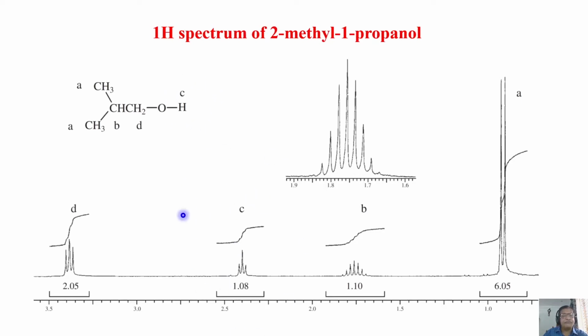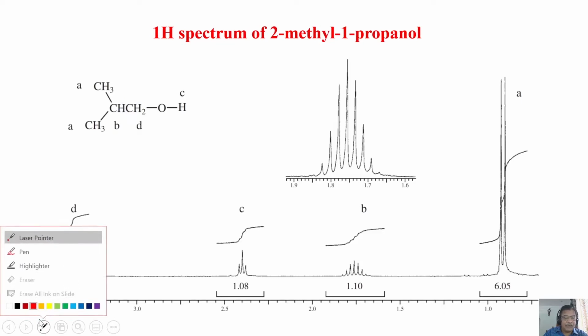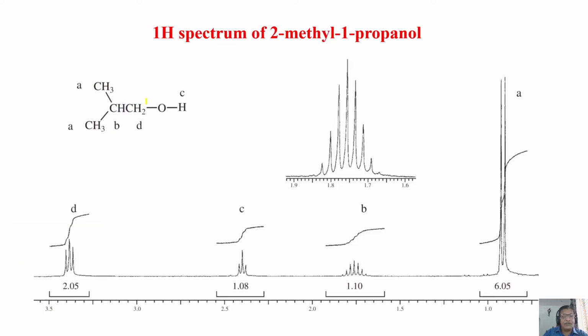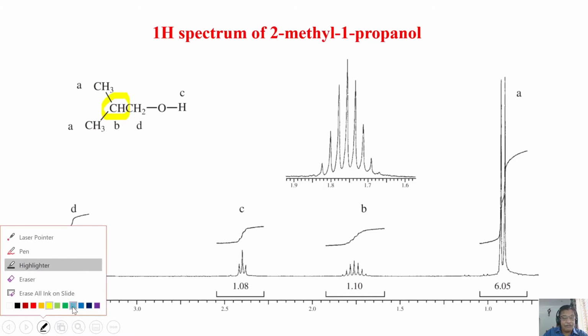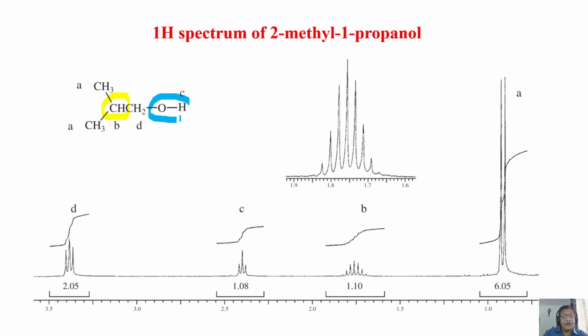So this is C. Fine. Next, in the same order, you will see CH2 here. Now the CH2 here is coupled to CH, and it is also coupled to OH. It has to couple to OH because we have seen a triplet for OH. That means the CH2 is coupled to OH and also the CH, two individual protons, single protons it is coupled to. Then what is the pattern we expect?